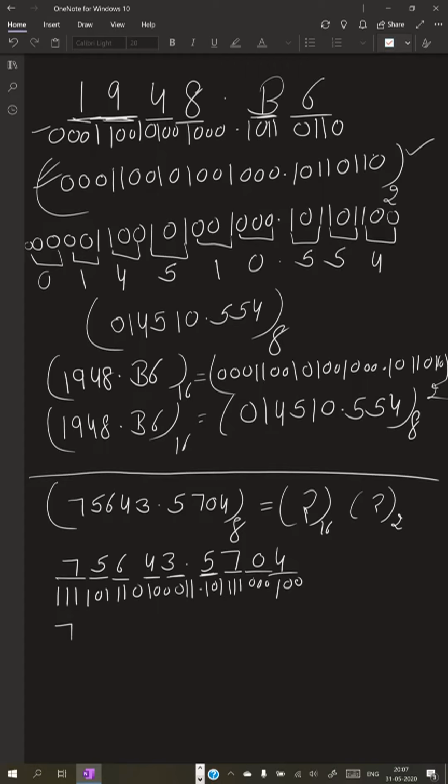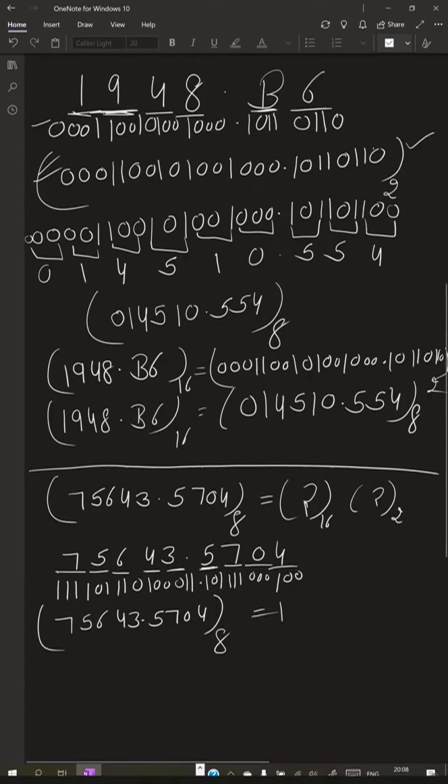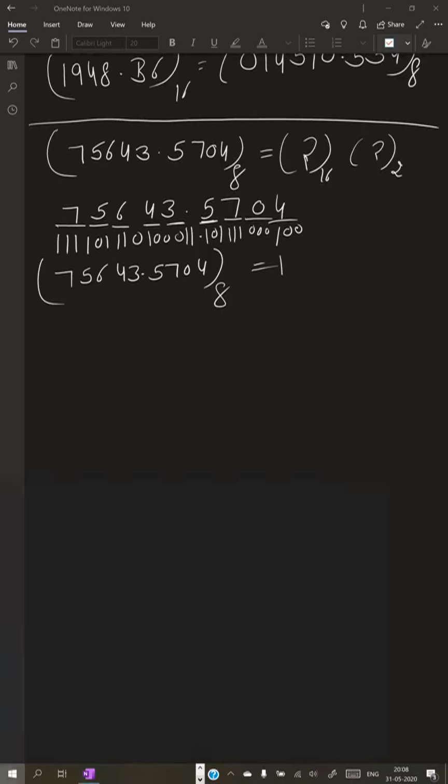You can write down in this way 75643 dot 5704 octal is equal to, and this complete value you can write down here 1 1 1 1 0 1 1 1 0 1 1 0 0 1 1 dot 1 0 1 1 1, write down in continuous, 0 0 0 1 0 0, and this complete is our binary.